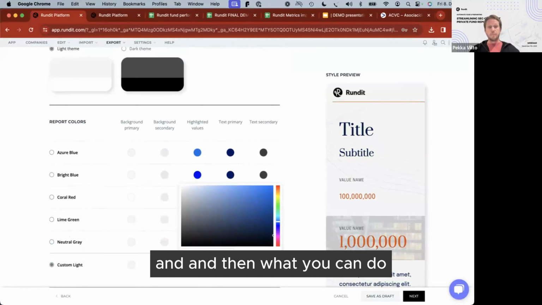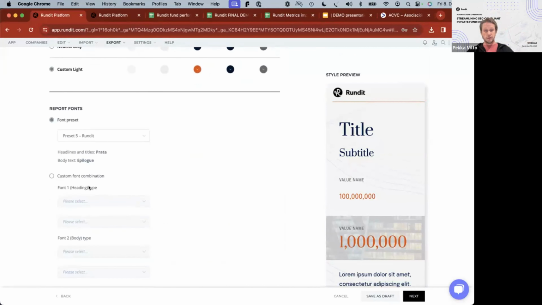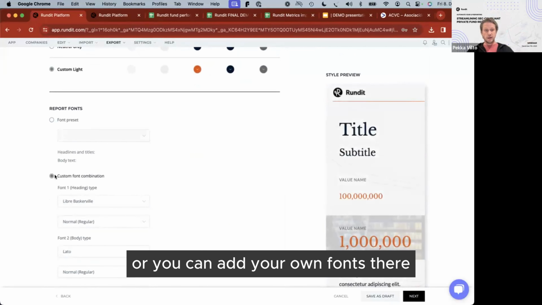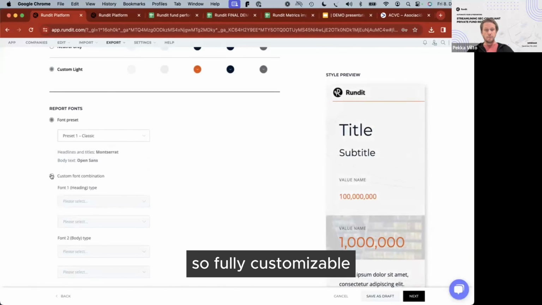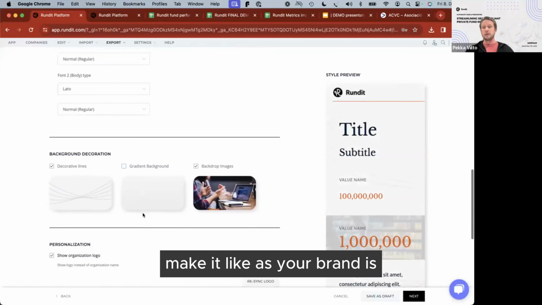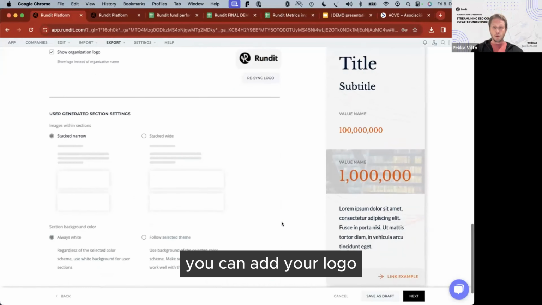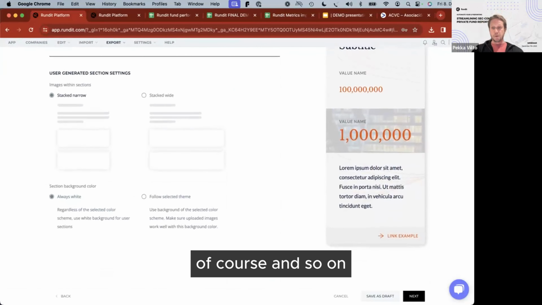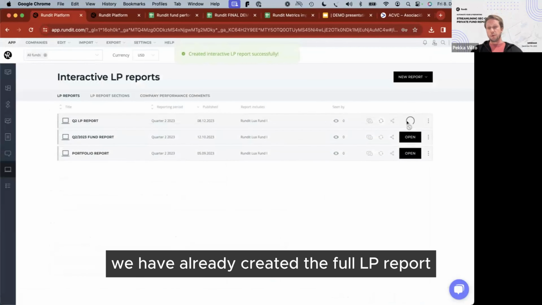You can also use your own fonts, or you can use preset fonts. So it's fully customizable, make it as your brand is. You can choose if you want to use background images, you can add your logo, of course, and so on. And now basically we have already created the full LP report.